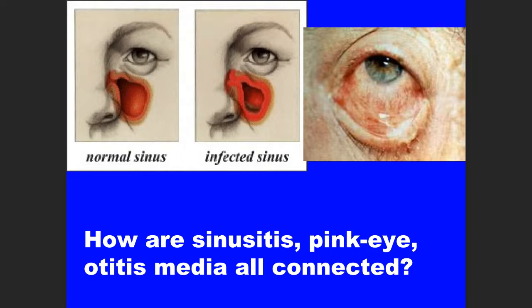Pharyngitis could become sinusitis. If a person has an infection in their nose, whatever bacteria or virus is causing that infection could spread up the nasolacrimal duct into the eye and cause a viral pink eye. And as we just saw, anybody that has an infection in their pharynx, their throat, it could spread and become otitis media, a middle ear infection. So again, that's why treatment of a lot of these upper respiratory tract infections is so very important.